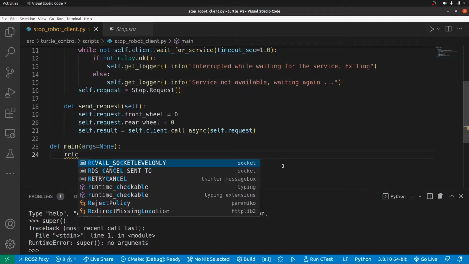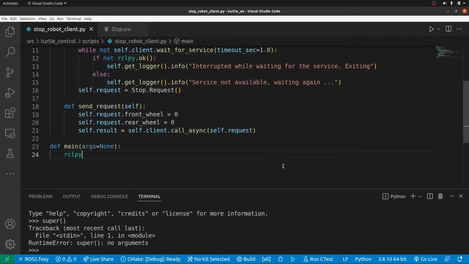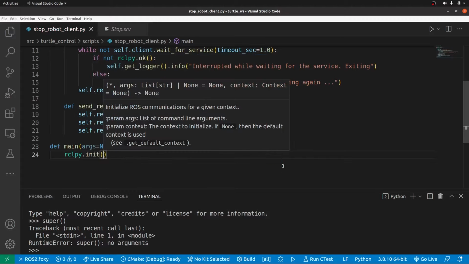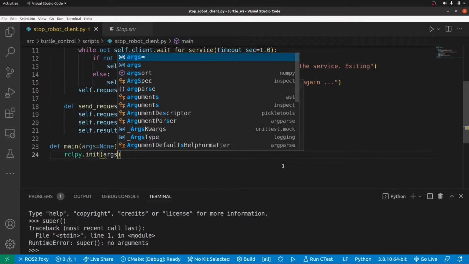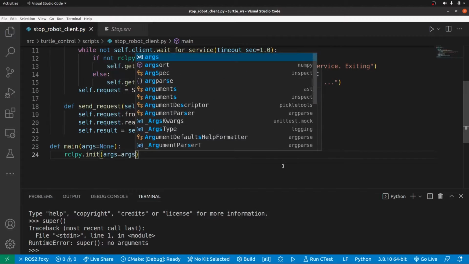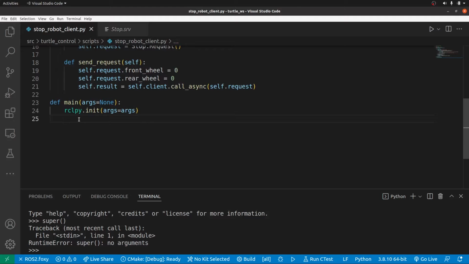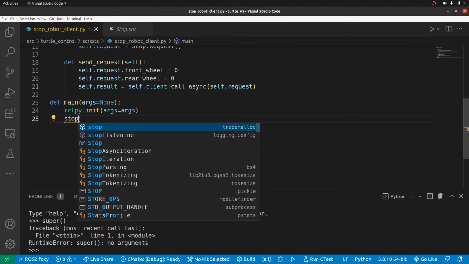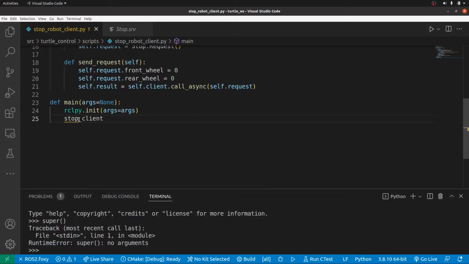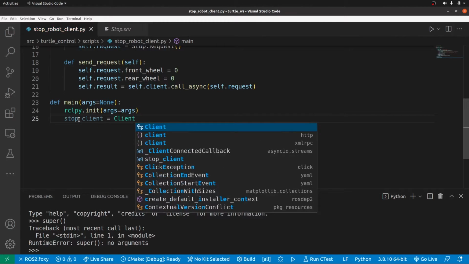First of all, it's going to initialize our node, and then it's going to say args is equal to args. The next thing is to create an instance of the class and call it stop client,